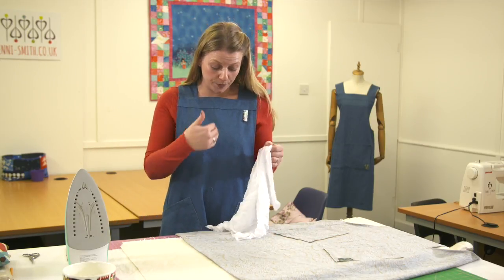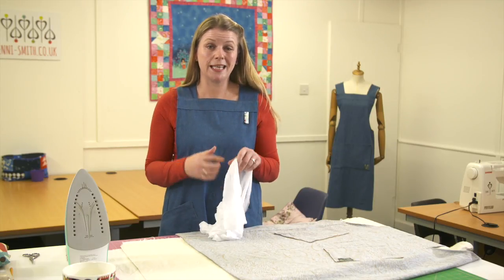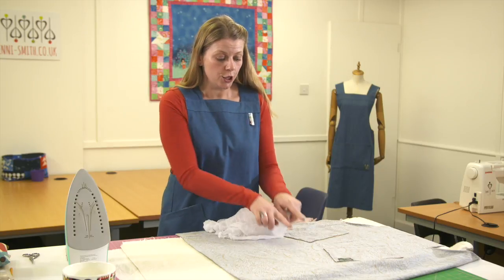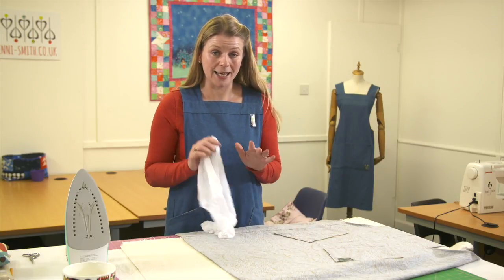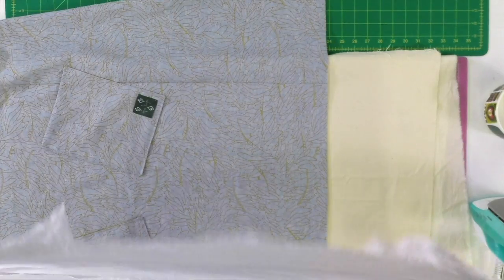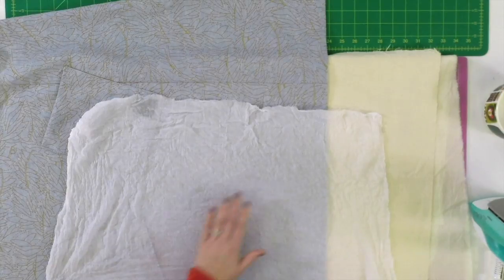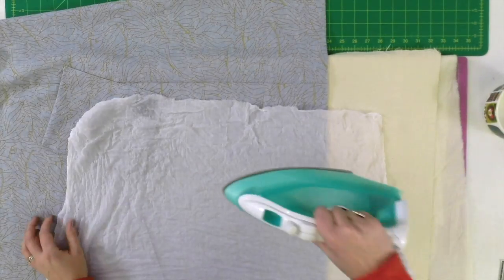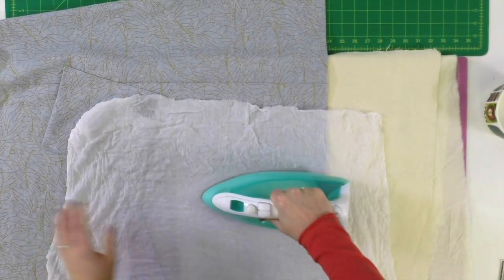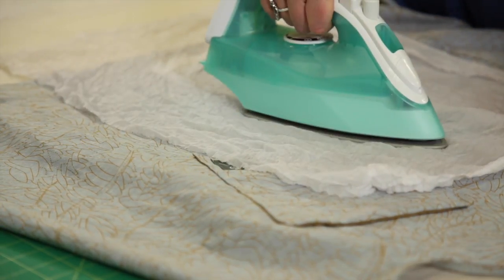Particularly, it's really useful because the front of the apron has been cut out on the fold, particularly in linen fabric. You end up with still a prominent line there that you really want to make disappear right at the very end. So if you put the cloth over that, the good thing about muslin is that you can still see through it, so you can see where you're aiming for, and then you want to press. So you're not gliding with the iron, you're pressing and moving it along,